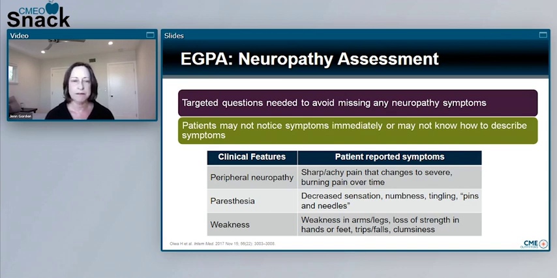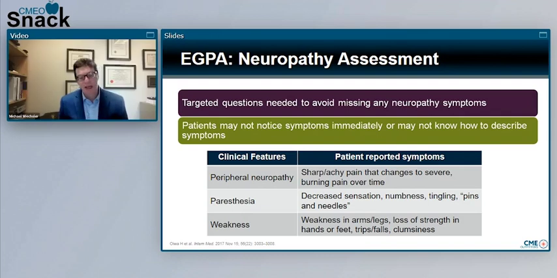Fortunately, the pain that I have from my neuropathy is not too intense, and I think that's because we're able to catch it relatively early. But many patients will have ongoing pain, and even when they're in remission and on treatment, will continue with the pain, which has a profound impact on their quality of life.